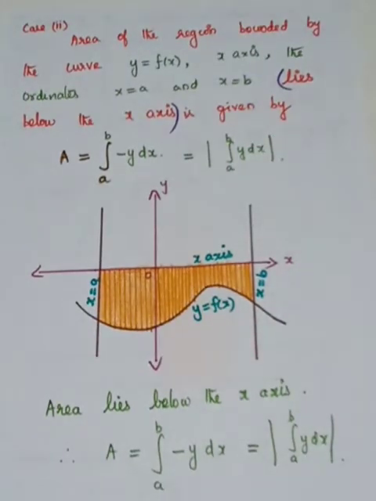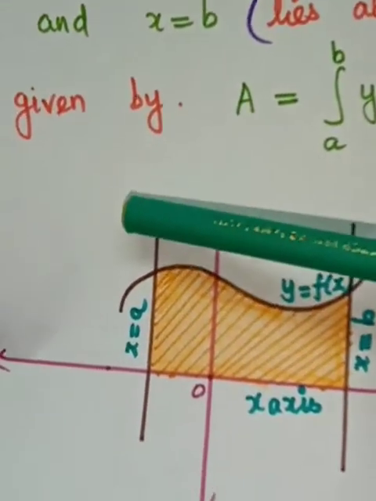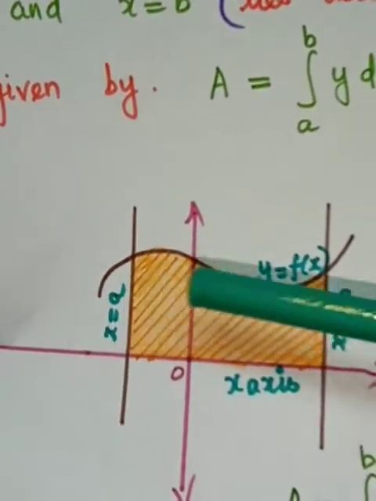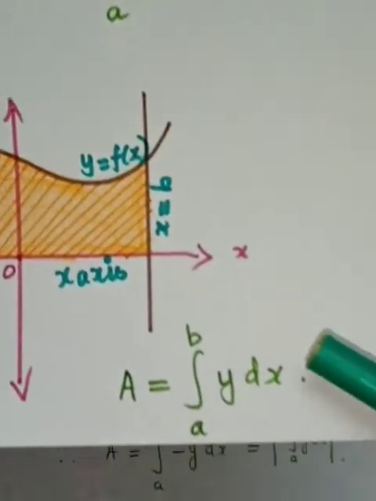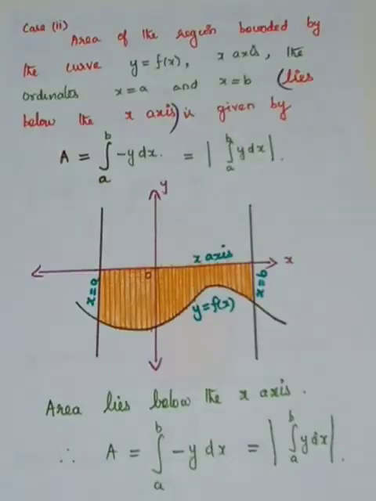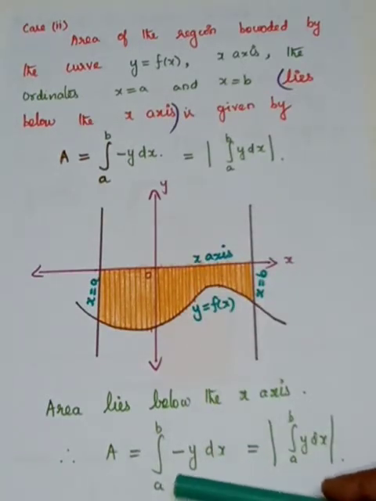So if the area lies above the x-axis and the limits vary from x equal to a to x equal to b, it means integral a to b y dx. If the same area lies below the x-axis, you have to use the formula integral a to b minus y dx. Next one,